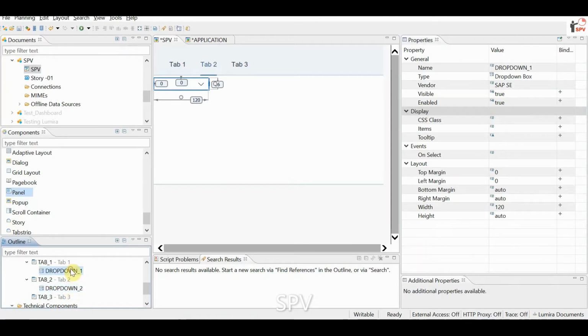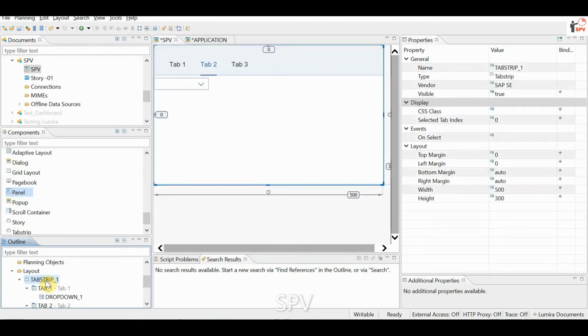If you want to assign the list or the members for drop down 1 and drop down 2, we can directly add it in the on startup. But for performance improvement, I will show you how we can write the script in the tab script. I just click on the tab script, and here the on select option is there. On select means, while selecting tab 1, tab 2 or tab 3, what action needs to be performed. In the event section, on select, just click here.